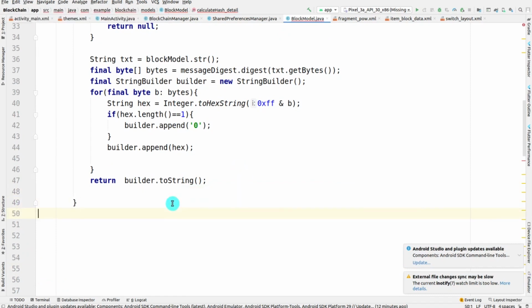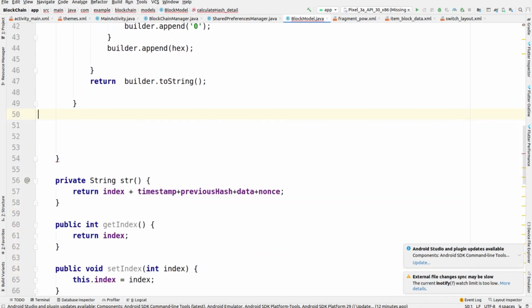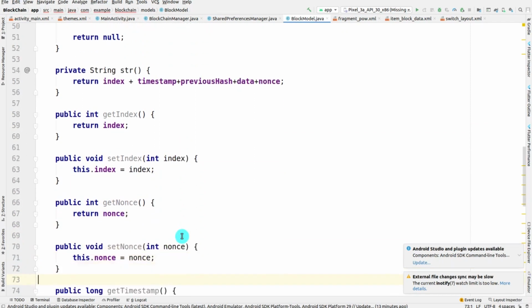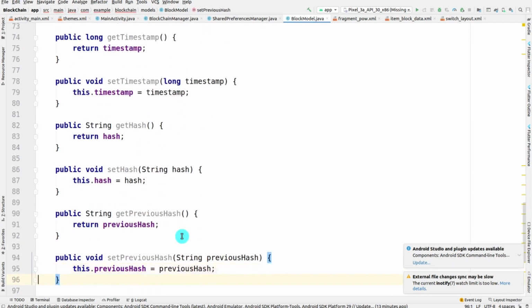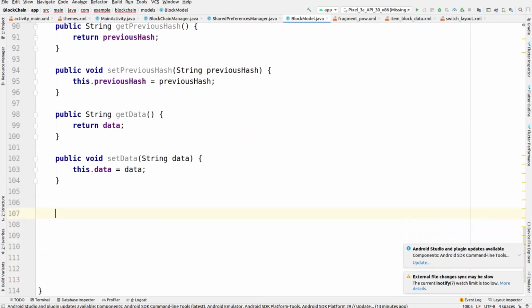Okay, so let me check for removing this extra space here, and I have removed it, and finally I am returning the value null at the end. Okay, so we are done with it.